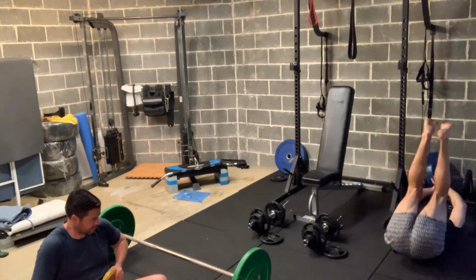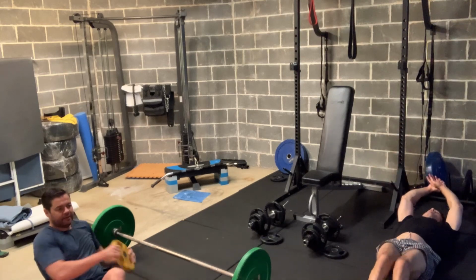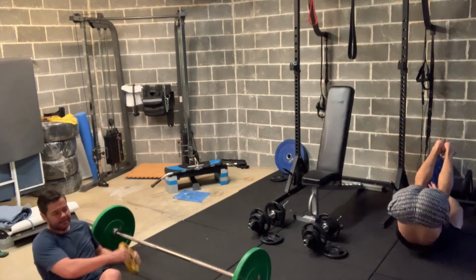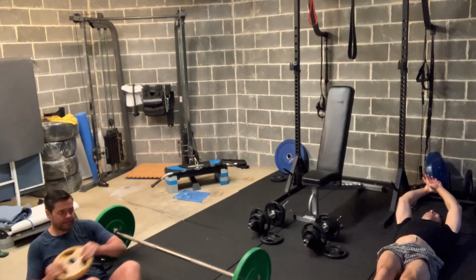And superset that with leg raises or Russian twists again, depending on what you feel like doing. I find these leg raises with your arms overhead allow for a good range of movement, and they are quite difficult, really hard ones